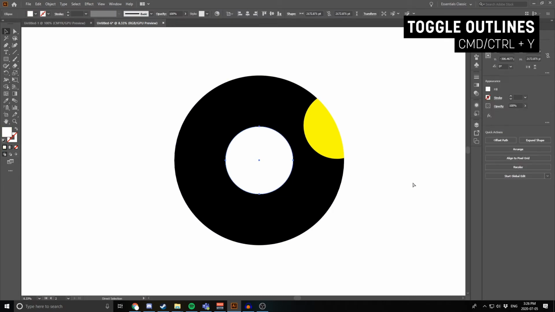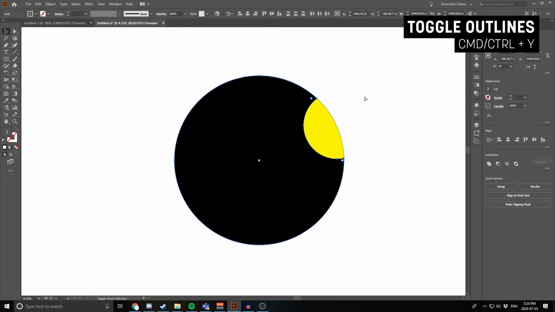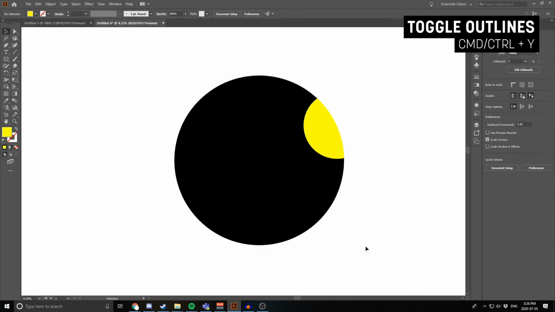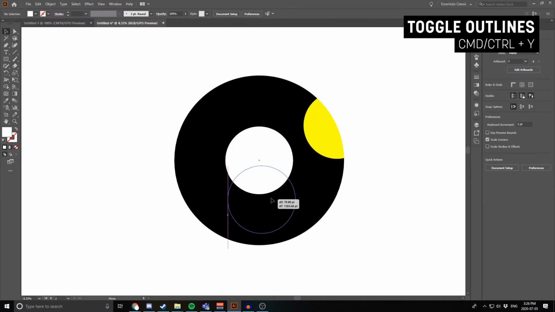Another useful thing can be, let's say you send your shape to the back and oops, that white was supposed to be in front. Now you could kind of select everything and send it to the back, but that might not always be possible. So another way you can do it is simply go to the outlines, then you will be able to select that object even though it's in the back. Then you can send it to the front again using something like Control-Shift and the square bracket forward, and just by doing that,